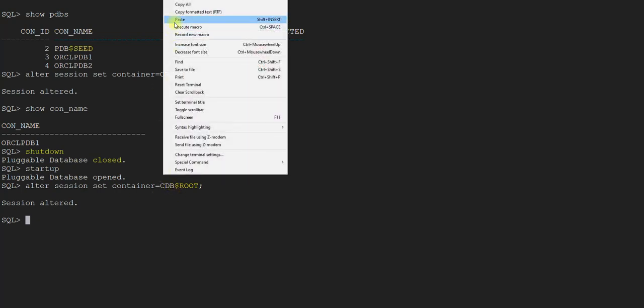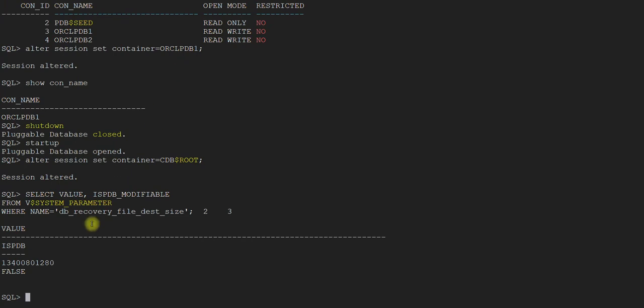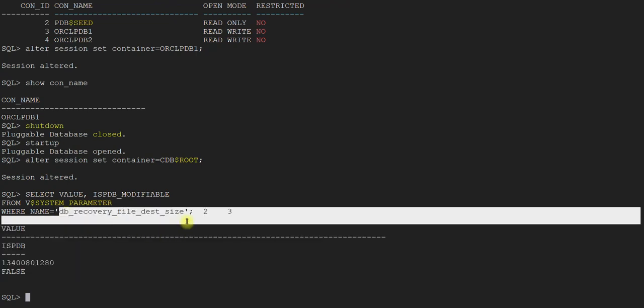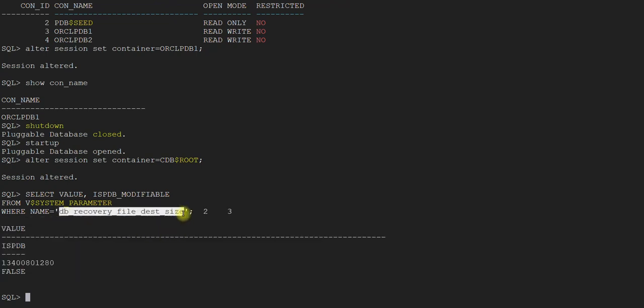Okay, ispdb_modifiable is false. So this parameter is not modifiable in the PDB, and that is true, because